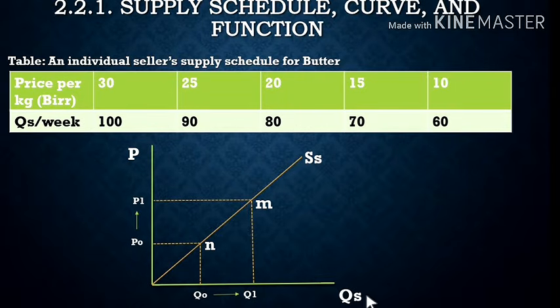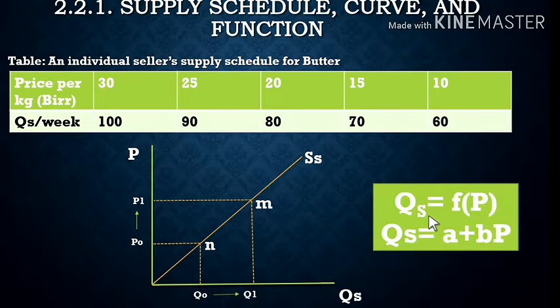We show that the relationship is positive using an equation. Quantity supplied is a function of price, like y is equal to f of x. Here this is x and this is y in a standard equation. Why is P not y and Q not in the x position? Just as a rule of thumb, it is customary. No problem if we swap them, but because price is independent and quantity supplied is a dependent variable, we are solving QS in